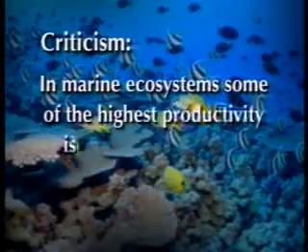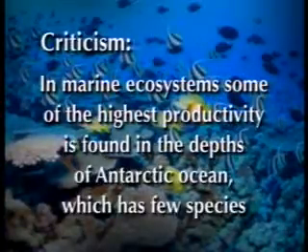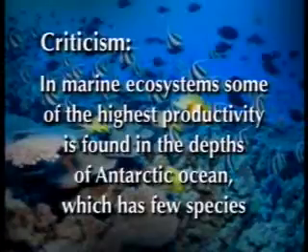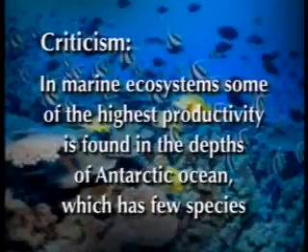And what's very important here is that when we talk about the productivity hypothesis, we have to talk not only about the quantum of nutrients that is available, but also about the variety of nutrients available. If we have more quantities and also more varieties of nutrients available, then of course the productivity hypothesis is all set to explain more species in a more productive environment. In marine ecosystems, let me tell you, some of the highest productivity systems are found in Antarctic oceans, which have only few species. So this is again a criticism of this theory.